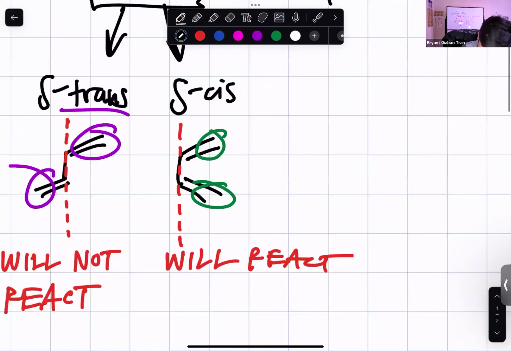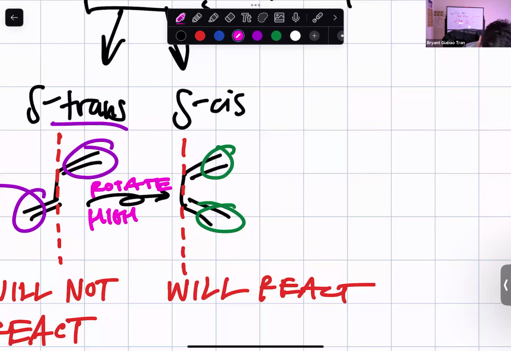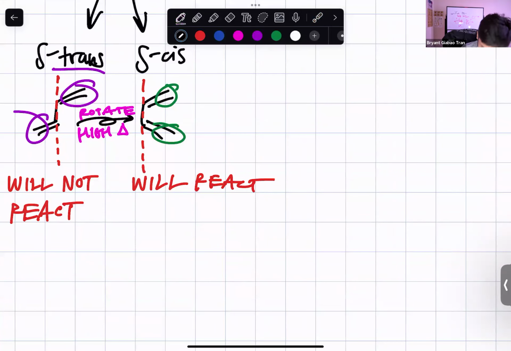You could rotate that sigma bond into the S-cis diene, but it's going to require a lot of heat, to add enough energy to rotate that. But if you have a locked S-trans system,